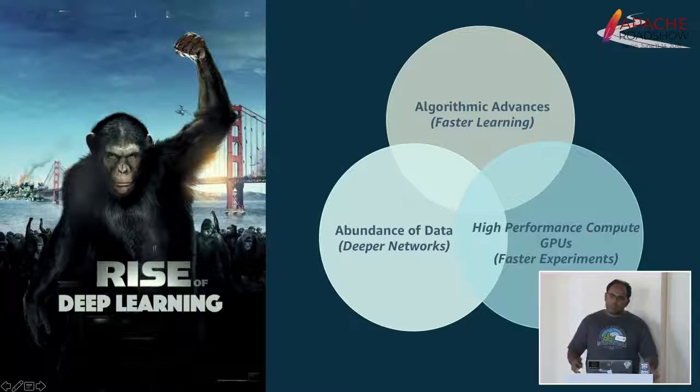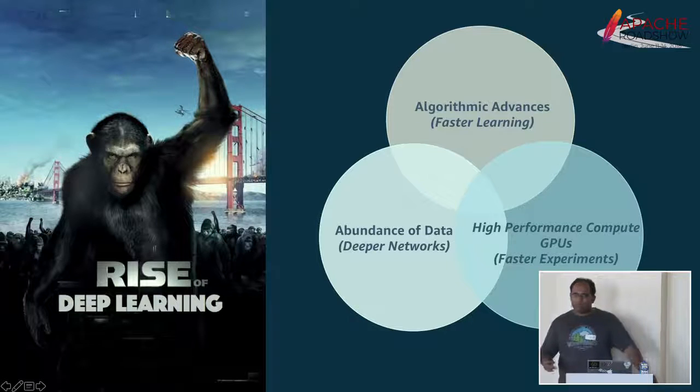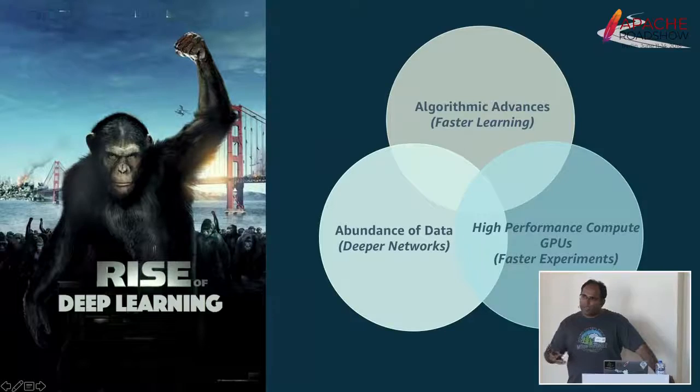In that respect, in 2012, Alex Krizhevsky from Geoffrey Hinton's lab, who is a pioneer in the area of AI and works out of Canada, presented a model based on deep neural networks for image classification, where the task is to identify the most significant object in the image. It was about 30% more accurate than the best known algorithms to that date. This was in 2012, and a lot more advances have happened after that.